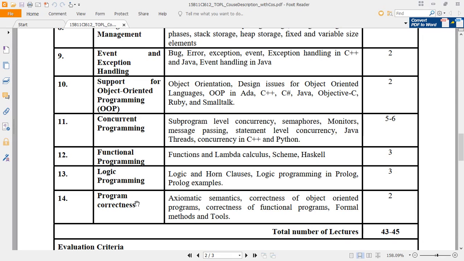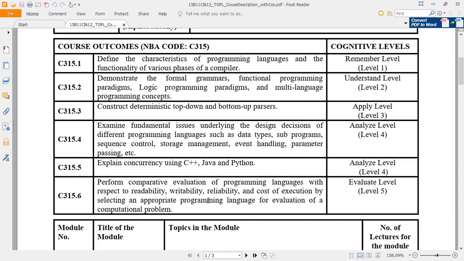Next is program correctness, axiomatic semantics, correctness of object-oriented programs, in which we have seen the JML specification, correctness of functional programming, formal methods and tools. In this we have also seen the lambda calculus concept. So this is the syllabus that we are supposed to cover.